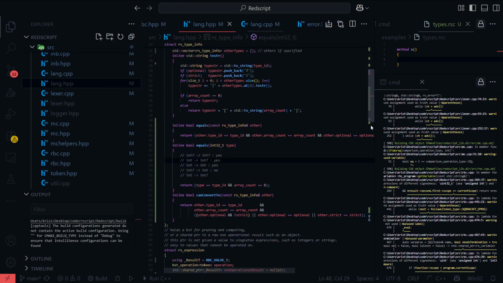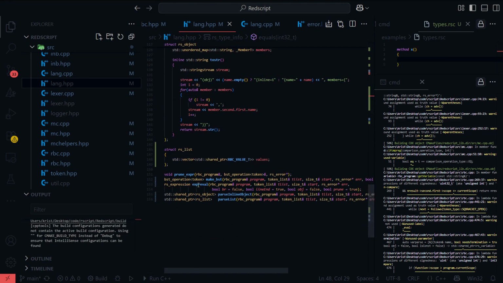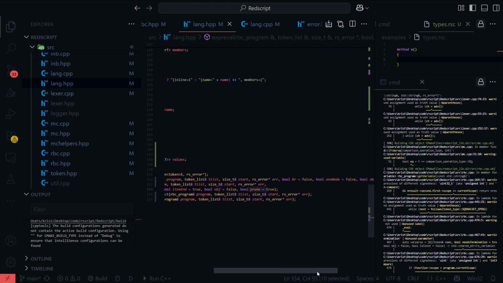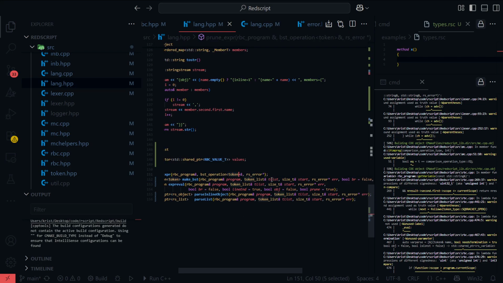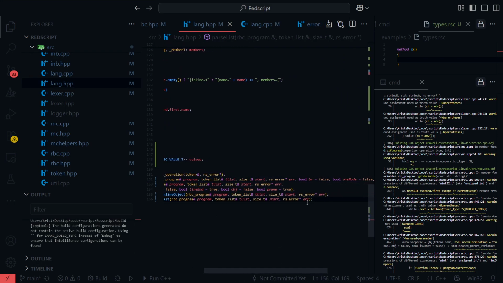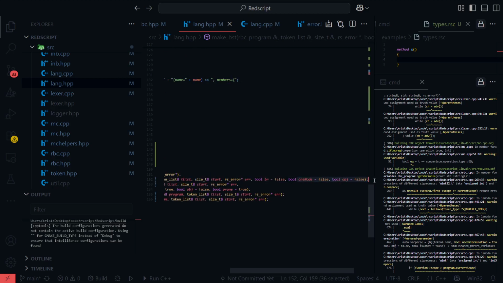It's this function right here. Expression evaluate. Bool bracket, bool line end, bool object, bool prune. Four booleans. And look at this one. Make binary syntax tree. Program, token list, where we're starting, some errors, bool bracket, one node, and object. These are recursive flags, so they're not that bad.